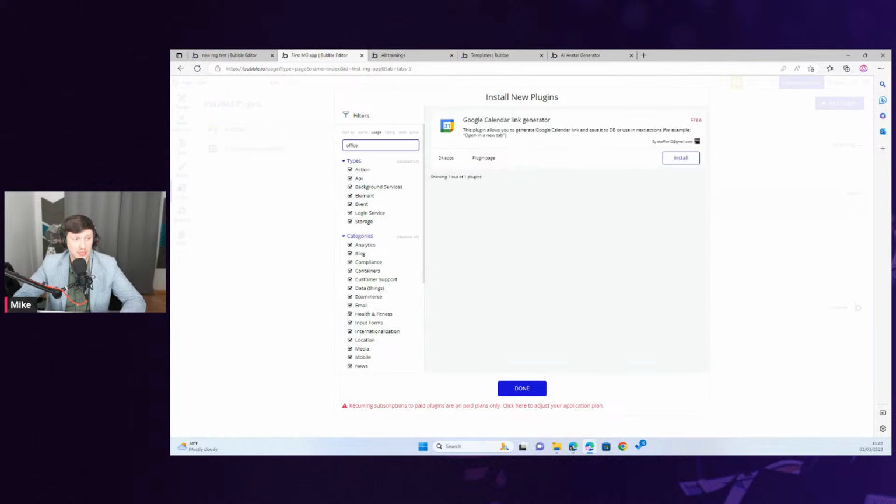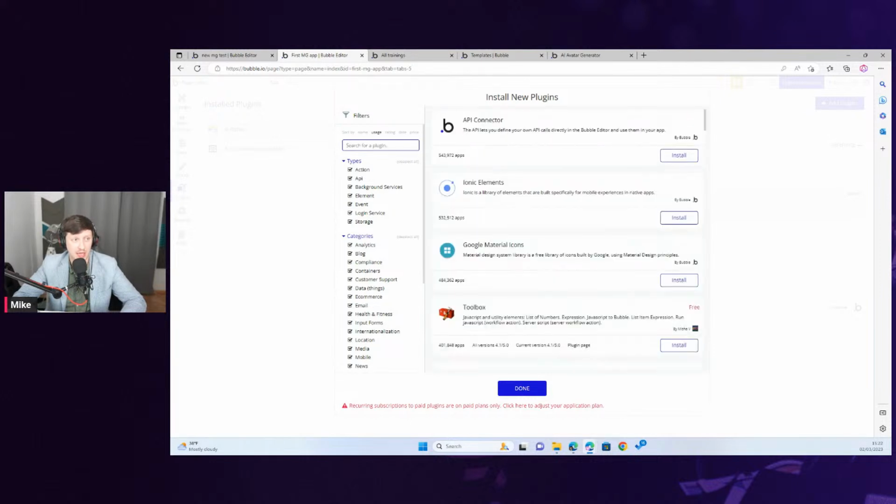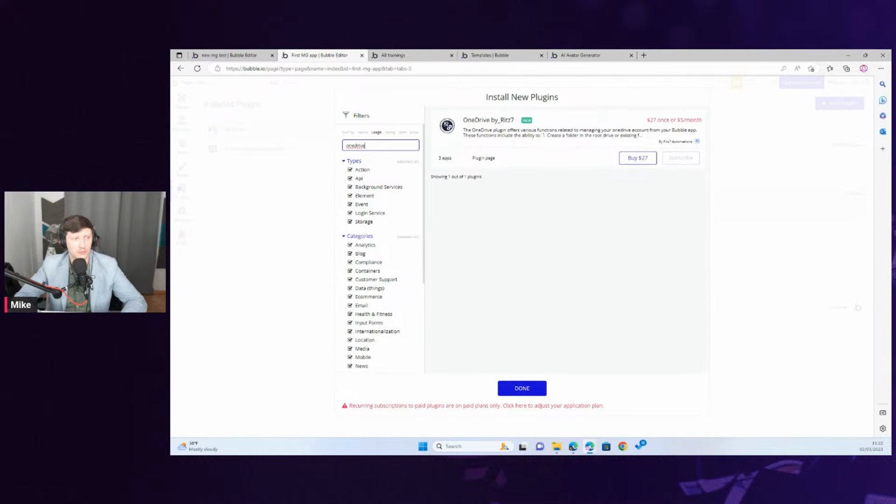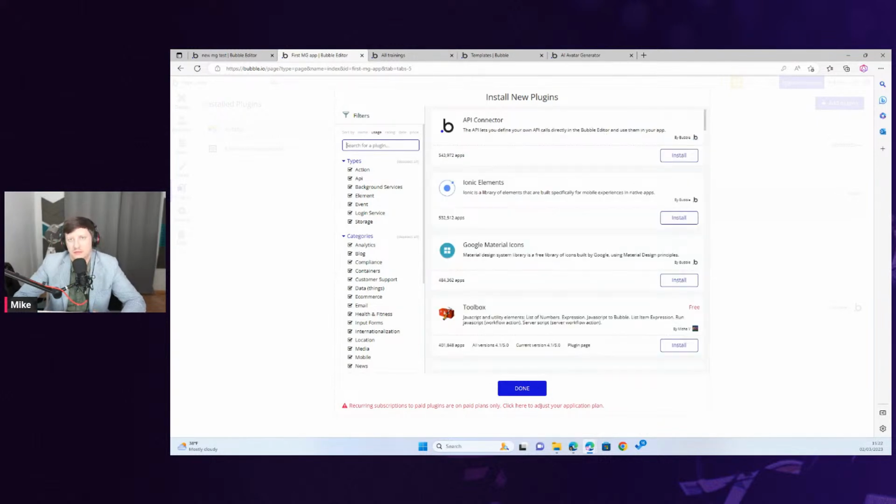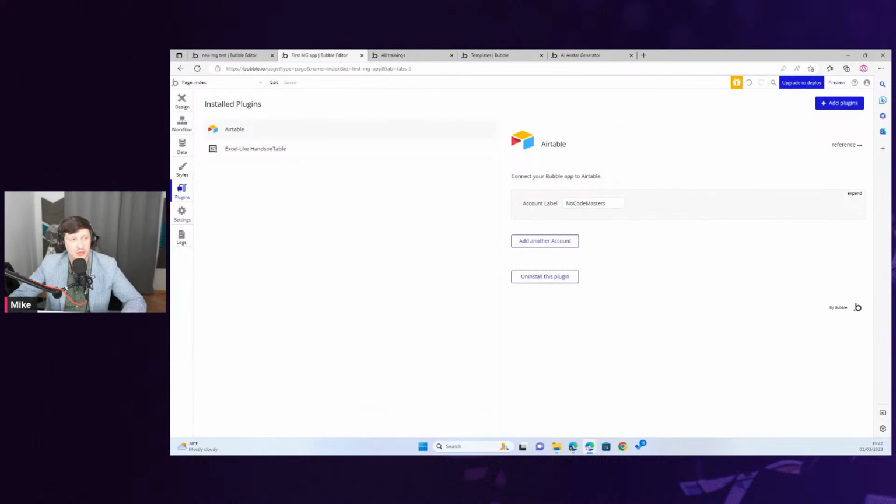No. So that's interesting, I'm not able to simply connect to Microsoft's environment. Maybe OneDrive. Okay, but it's a OneDrive connector made by a third party. So yeah, I'm not able to connect to SharePoint. Interesting. So that's why I used Airtable.